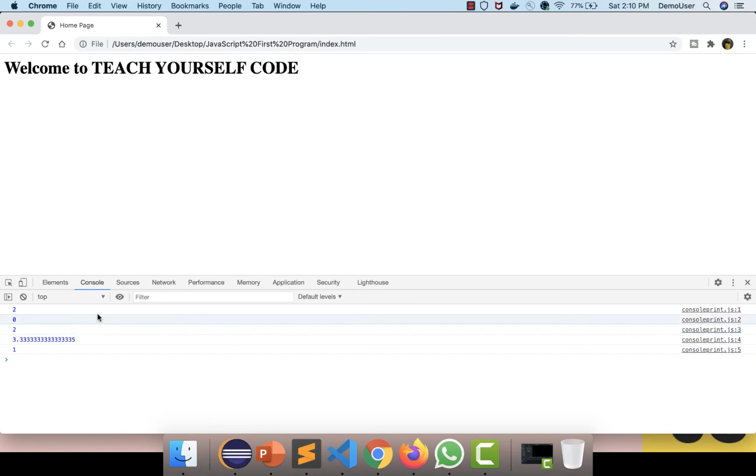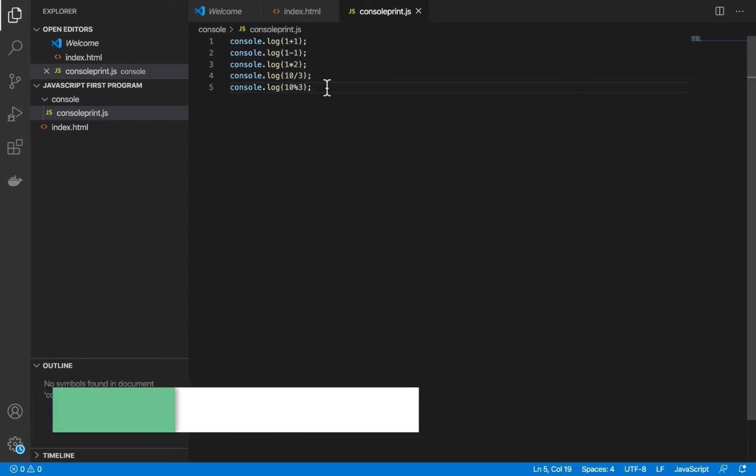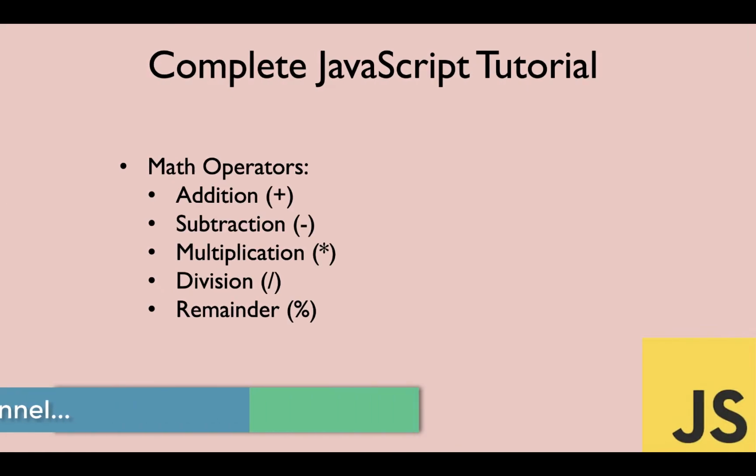So these are a few examples of mathematical operations that we can perform using JavaScript along with any other language. This is very common to any language that we use, but since we're talking about JavaScript, I'll say that this is used in JavaScript as well. And it is used in day-in day-out activity. If you're writing any program or any logic, these operators will be used for all the operations that you're doing. So that's all about the few majorly used mathematical operators.